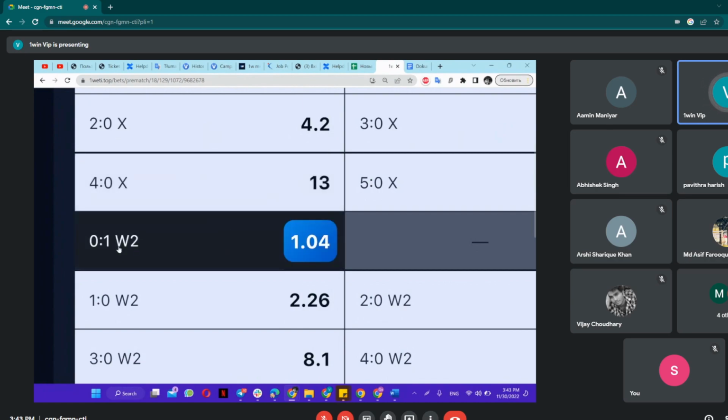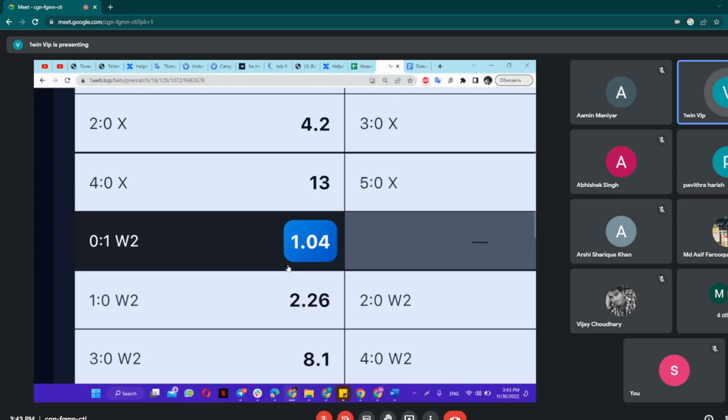What do we have here? We are betting that the second team will win, but we have also given 1 extra goal to the same second team. So basically, we bet that the second team will win, giving 1 extra goal to the second team. So we have much more chances to win. We are taking much less risk. But as you can see, the coefficient is